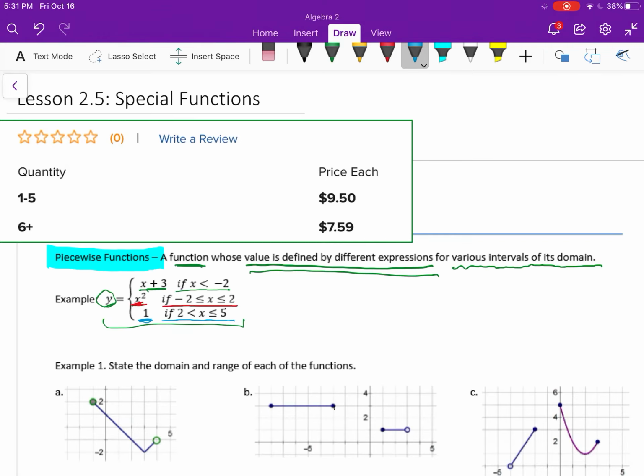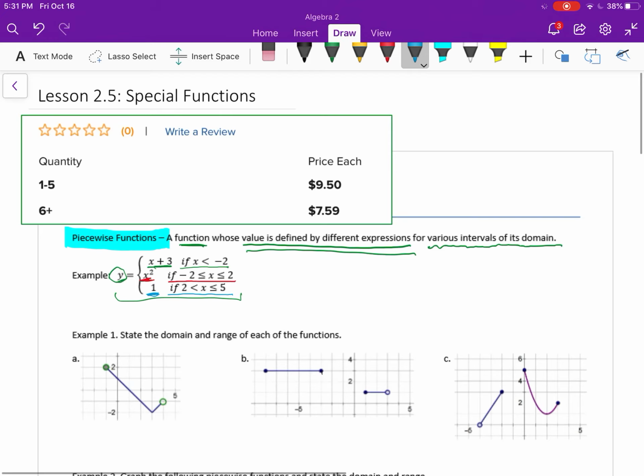Now up here above this, I wanted to put this in here. I don't know if you've ever seen something like this. If you go to order something, I found this just today. This was actually for a compass for drawing circles. And it says if you buy 1 to 5, you pay $9.50 each. But if you buy more than that, 6 or more, you only pay